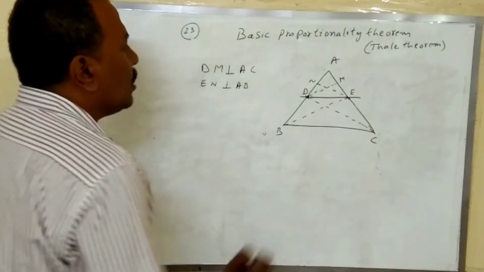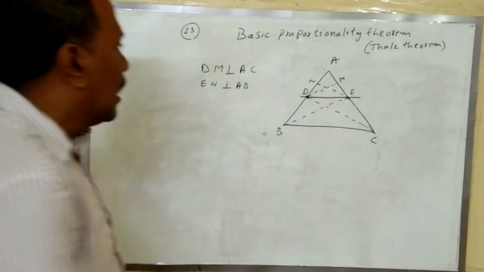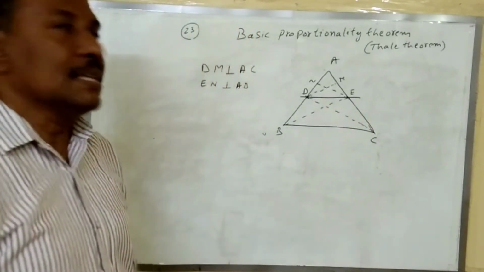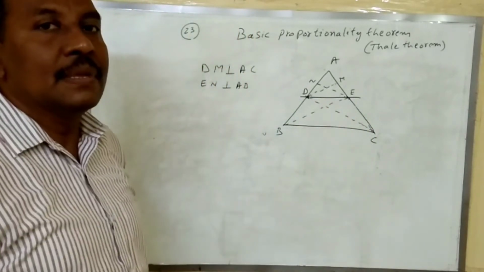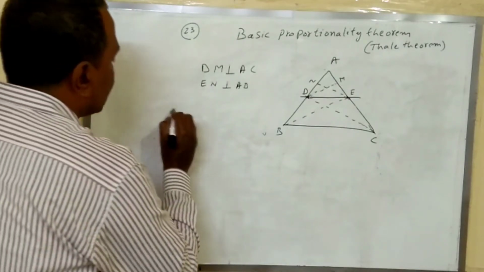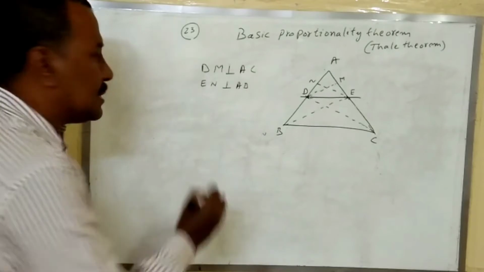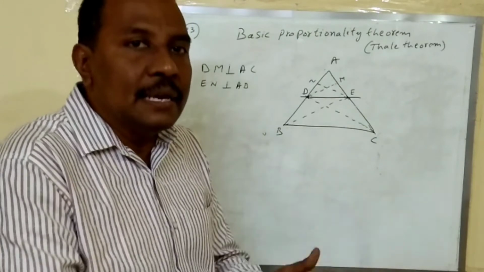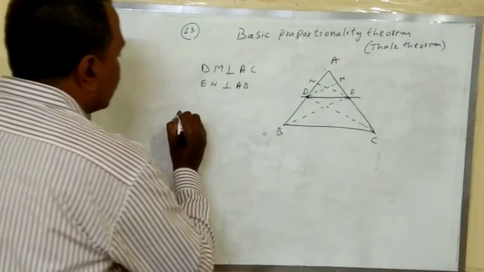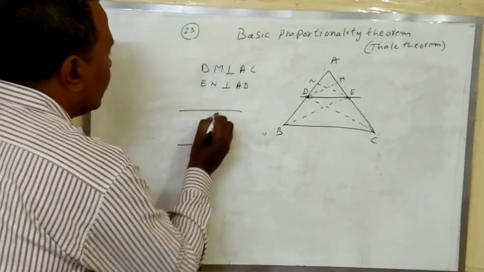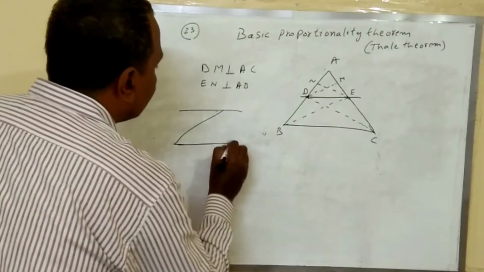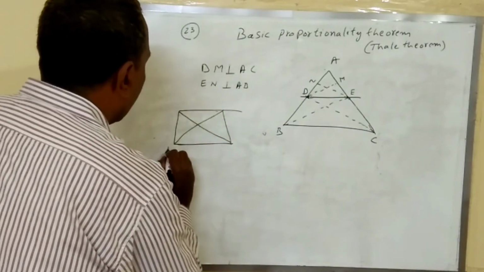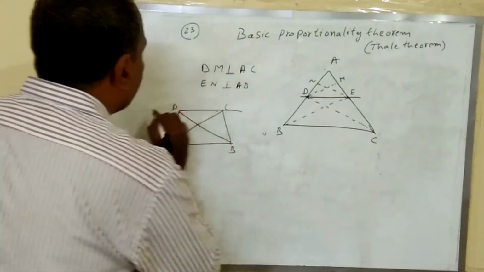Now what do you say about these two triangles, triangle AED and triangle CED? There is some connection with these two triangles. The connection is a property which says that triangles on the same base and in between two parallel lines always maintain equal area. I mean, suppose you take a triangle, this triangle and another triangle, A, B, C, D.